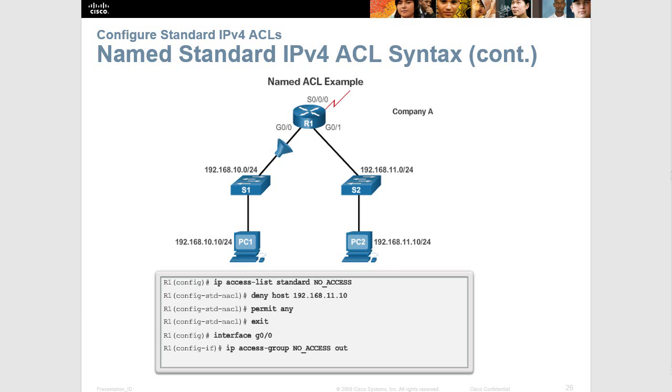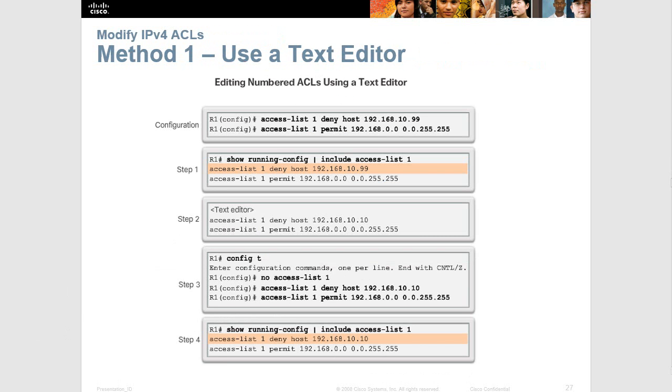So, and they can be alphanumeric. It can be numbers or letters. So we'll move on. Moving on to modifying access lists. The way you maybe don't want to do it. You can. Well,